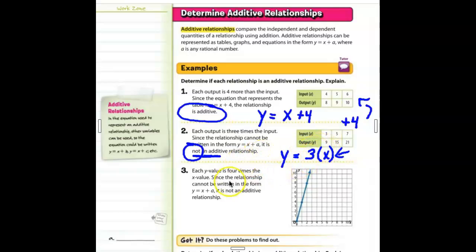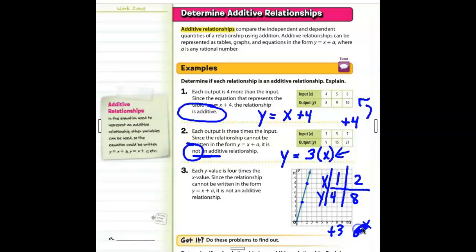So it is not an additive relationship. It involves multiplication. And finally, looking at this graph down here, this is the first point right here. If x is 1, y is 4. I'm kind of making a table here. And then we have another point. If x is 2, then y is 8. What do I do to the number 1 that's going to make it a 4? The options are add 3 or multiply